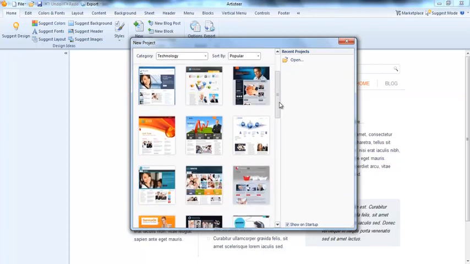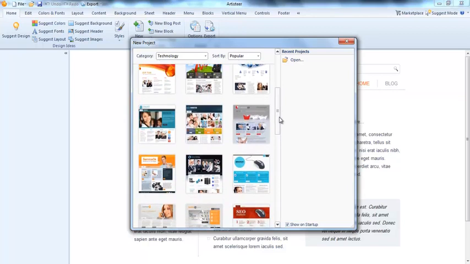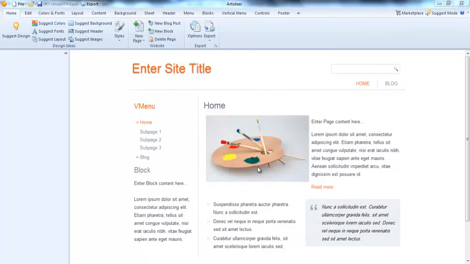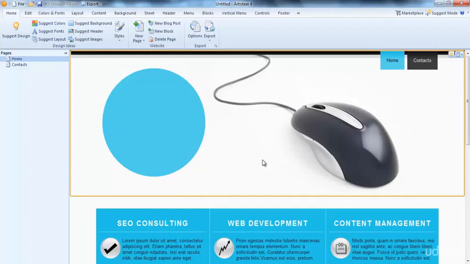Here you can find some designs. Let me choose this because it's blue. But don't worry, you can change the color when you want. But I always prefer to do that here because in fact I am not so good at choosing colors.